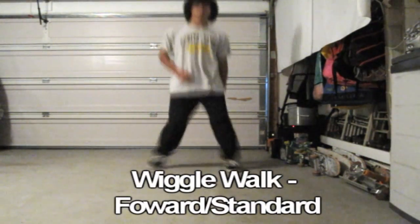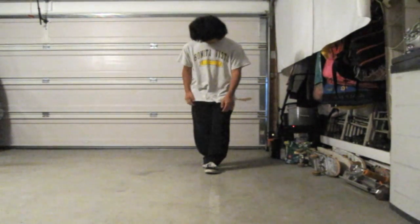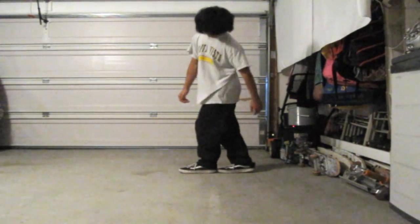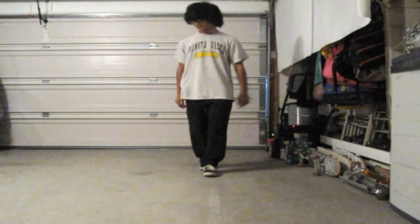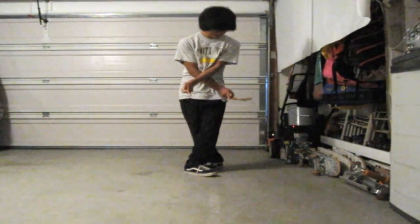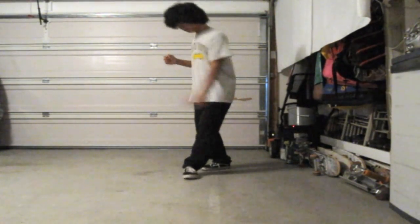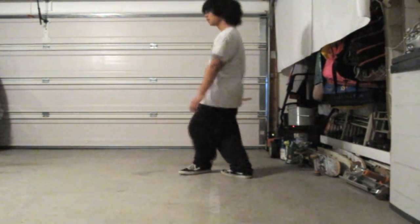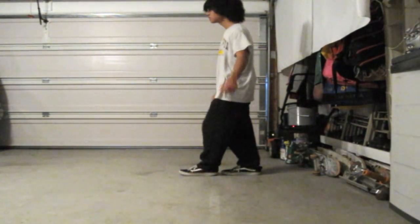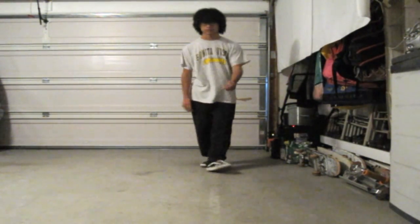So you can start from here, it doesn't really matter. But if you just want to learn from standard, start with your feet in a straight line. Like this. And that's not straight. Straight line. From there, go on your toes and switch them inward. Like in. Toes in. Nothing toes out, man. Just go toes in. So it's crisscross, like an X. So after that,